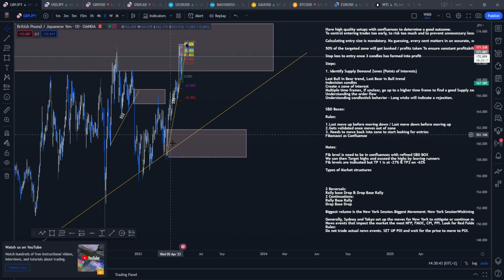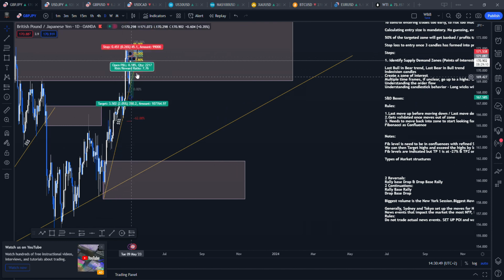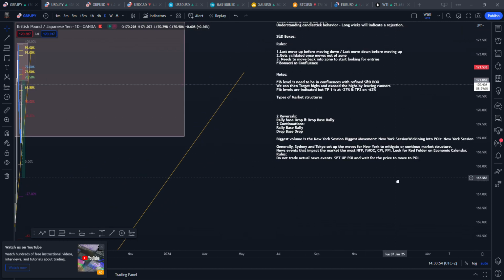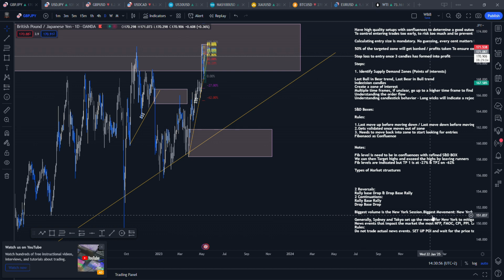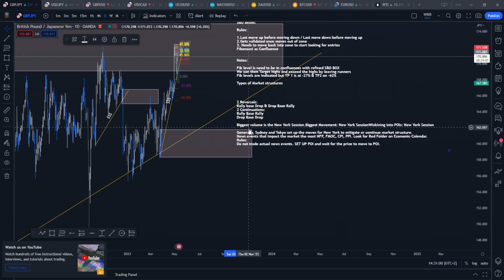So we can see, so it's a rally, and there we started seeing big rejection, and we can see it's a retest. We can see the biggest volume will normally come in New York session. And so it is now basically New York session, and we will see the Tokyo and Sydney sets up. Okay,